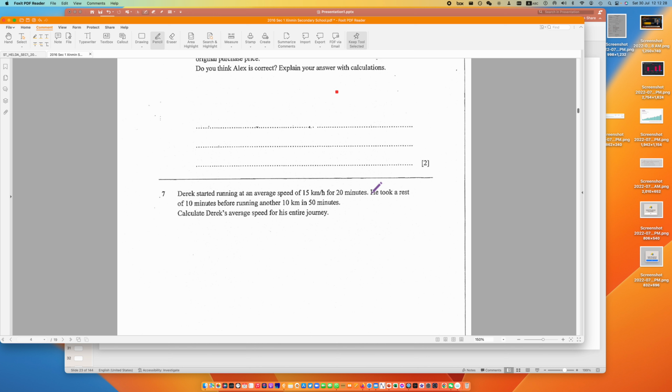Only these two. And you don't want to complicate things because they already give you kilometer per hour. So you just follow the question, kilometer per hour. Don't go and try to be funny. You try to be funny, later your result is also very funny. Alright? So it's 15 over that 1 1/3, right?